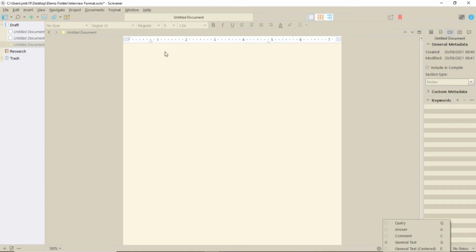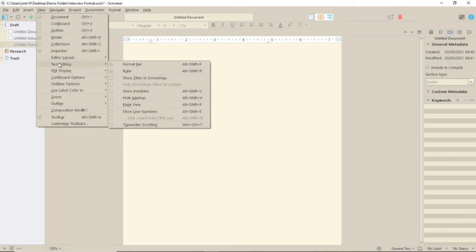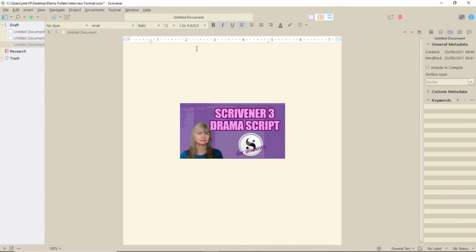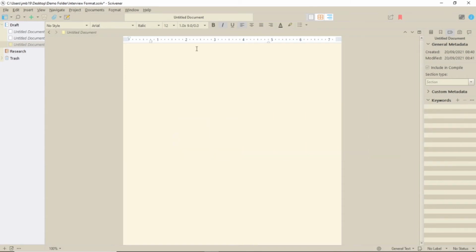I'd always suggest having your ruler showing when using these formats. The different options can be accessed in the same way as any other script format. I'll just use two of the methods here, in the box bottom right, and by pressing Enter and Enter again for the pop-up list on each item. If you want to know the whole story about accessing the script elements, there's a section about that in this BBC Drama Script video.